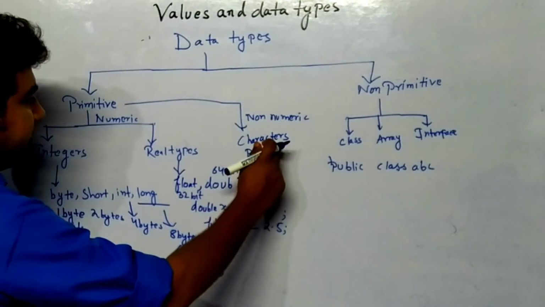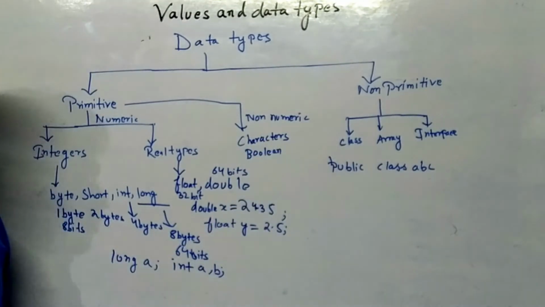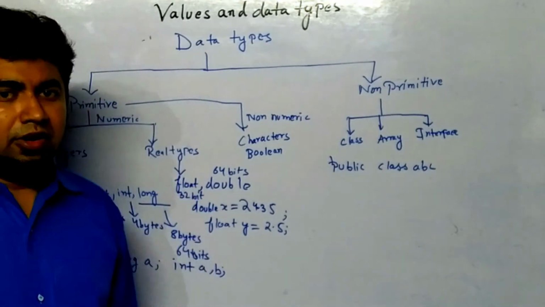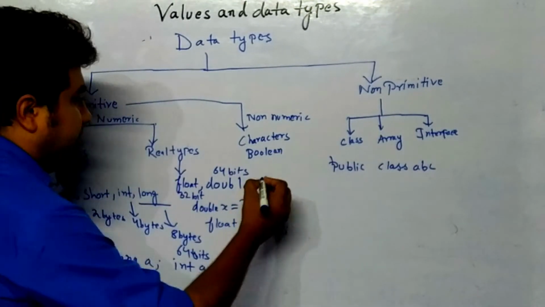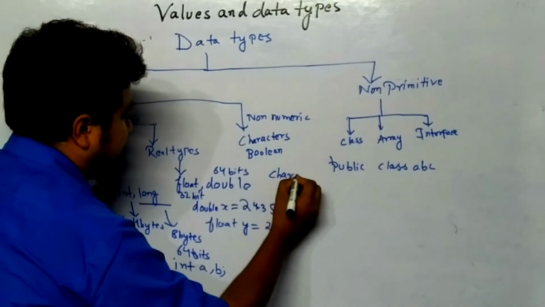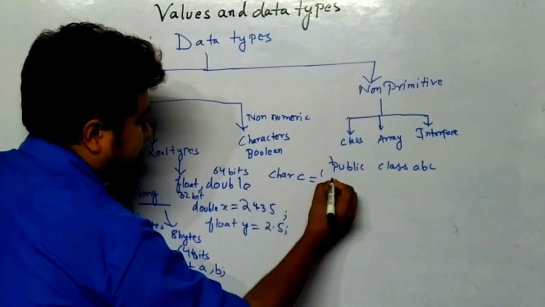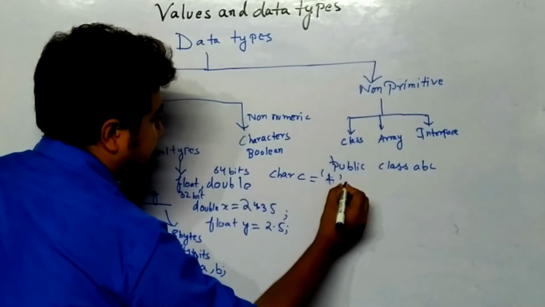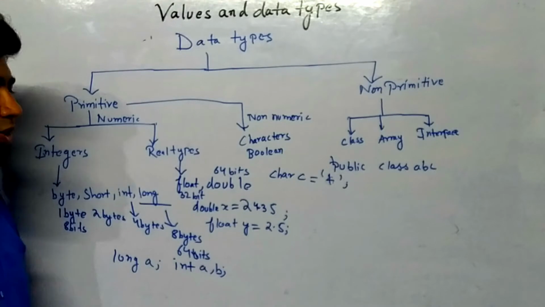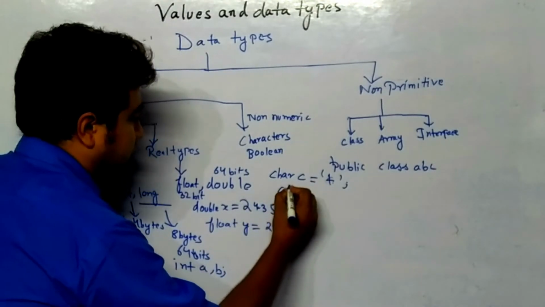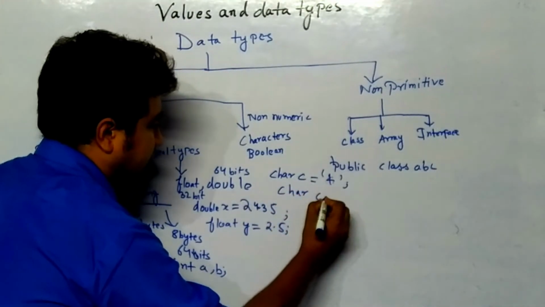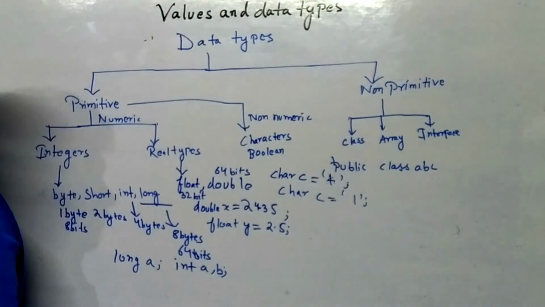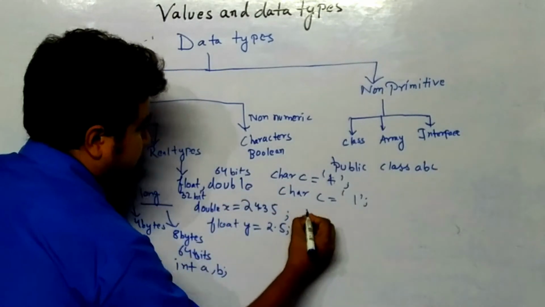So similarly you can think about characters and boolean. Character is basically in the form of numbers, or it can be in the form of alphabets, or it can be in the form of symbols also. If you want to initialize one symbol, char c, then as you know, in character you have to use single quotes, and inside single quotes you have to write the symbol. I have written plus. If you want to initialize any number, char c, quotes 1, this will be storing a number.